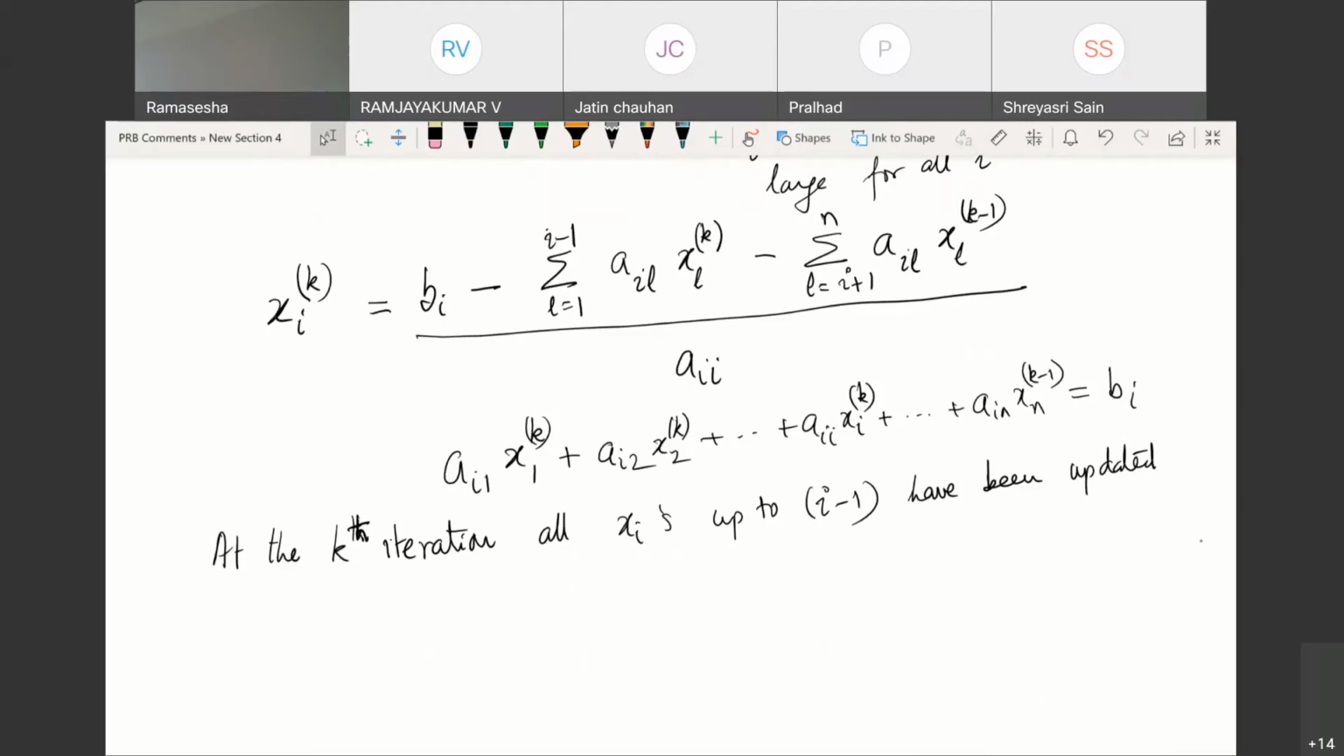That is why I have ai1 x1k, ai2 x2k, etc., up to aii xik, but xik I have to update. After that, from i plus 1 to n, they are all of the previous iteration. So that was xi plus 1 of k minus 1, xi plus 2 of k minus 1, and xn of k minus 1. Now what I have done is solved for xik from here, and this is the equation that I get. So this is the general equation for